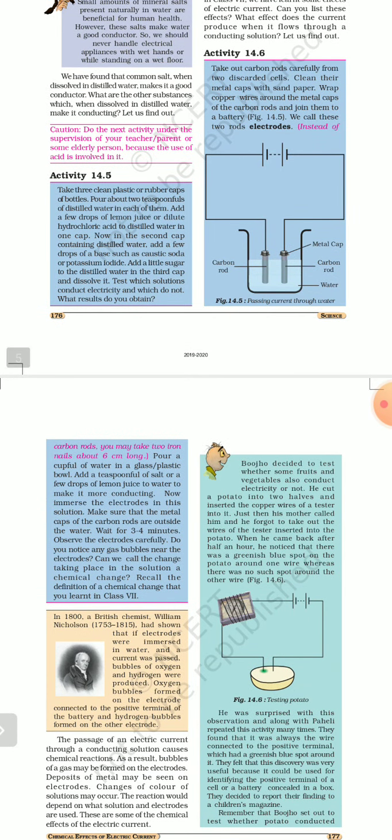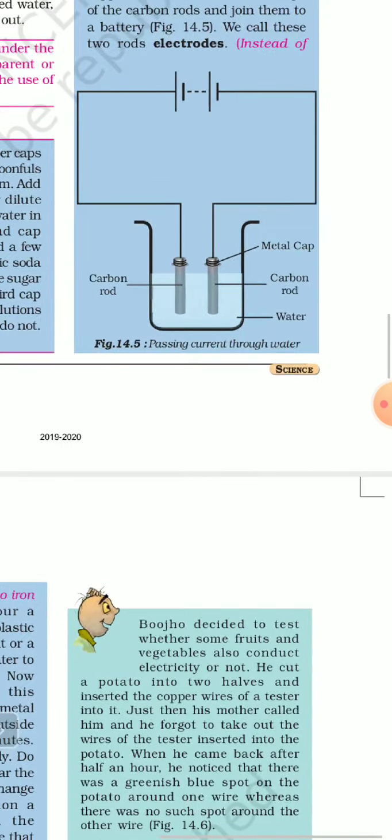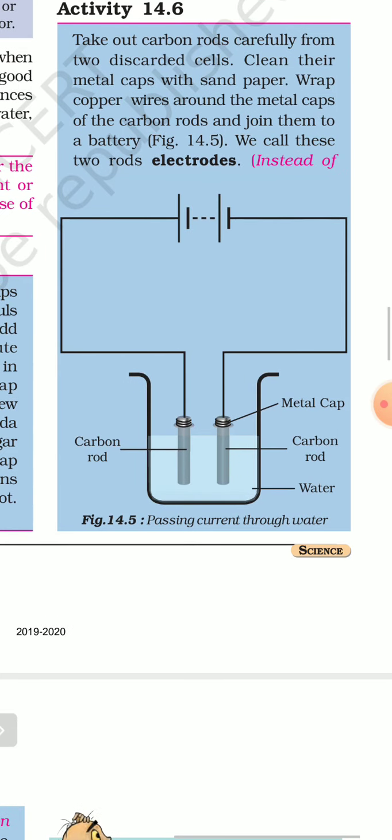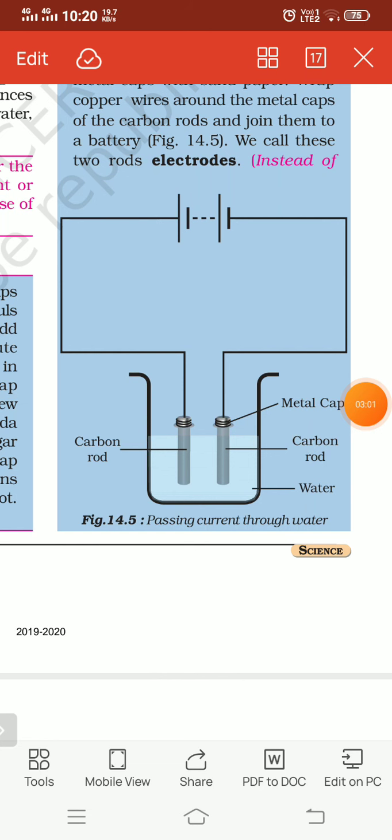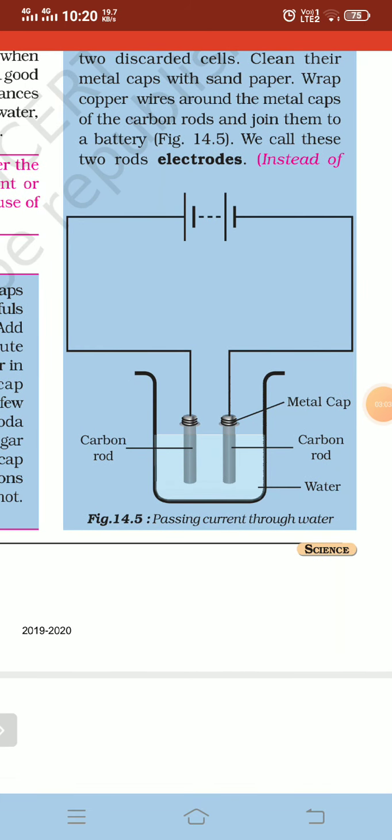Now you can watch the figure here. Here a battery is given and two carbon rods are given. The metal cap, now water in which the carbon. You can see the arrangement in which the carbon rod